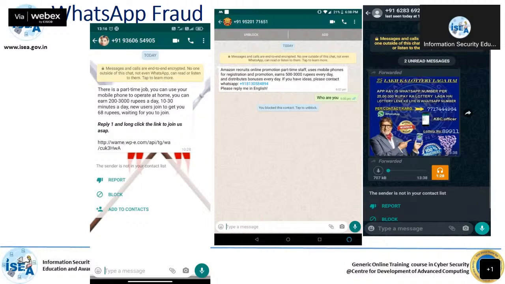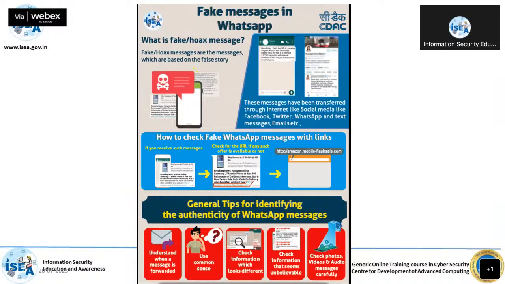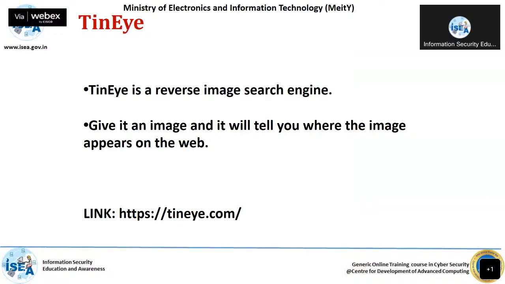We don't know what kind of embedded code is coming with it. By clicking or responding, anything can happen to our device. So try to keep it on my contacts, so that you won't receive any messages from anyone. This is with respect to groups.